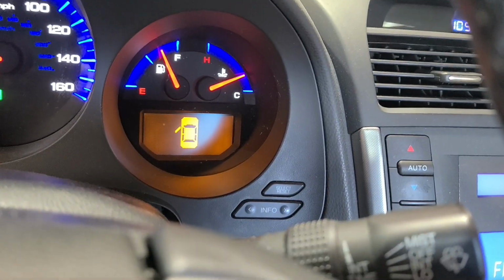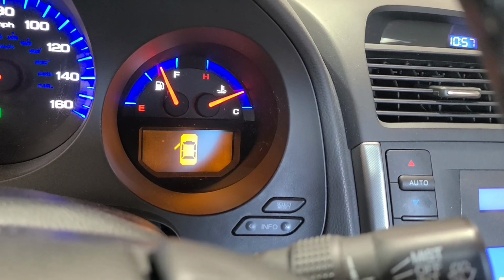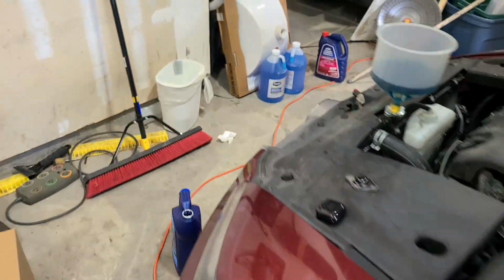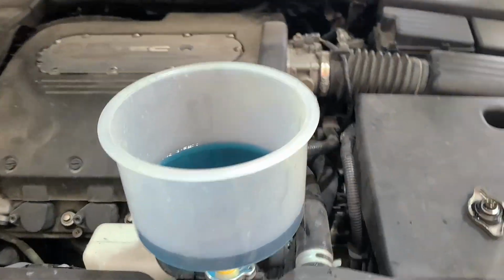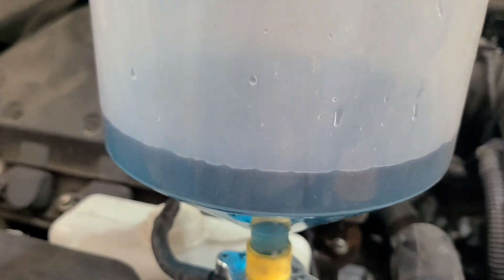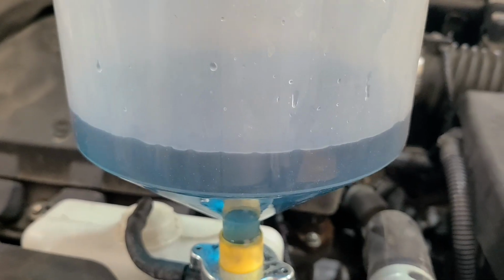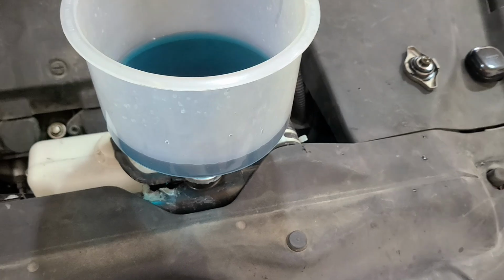All right, so we're getting pretty close to operating temperature. Not quite there, but we're almost there. And as we start to get to operating temperature, you might see that this level goes up. It's just actually the system getting air bubbles to the right spot. It'll push the fluid up, it'll rise a little bit, and then air bubbles will come out and it'll drop